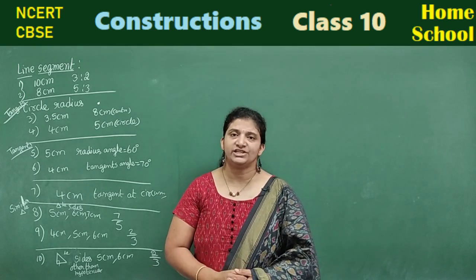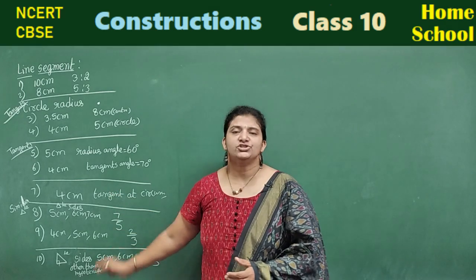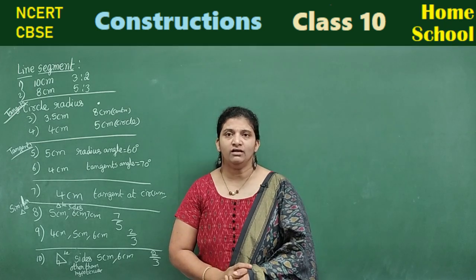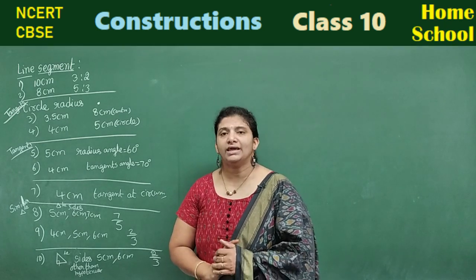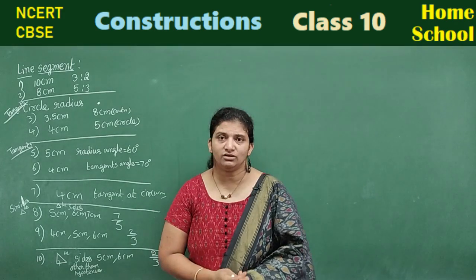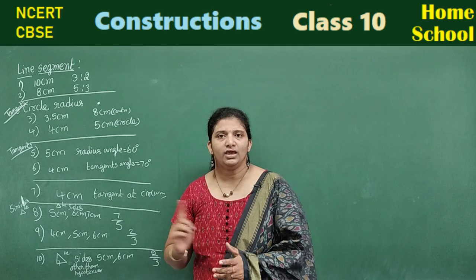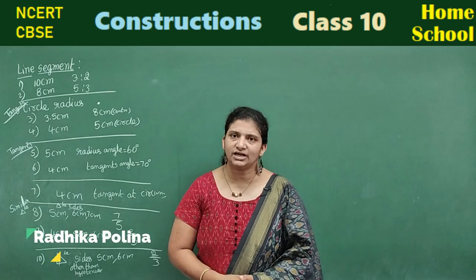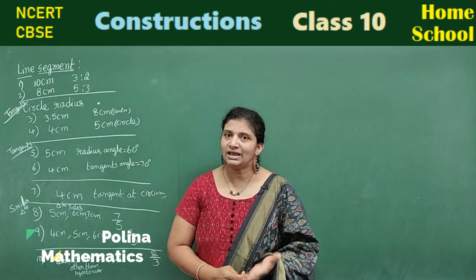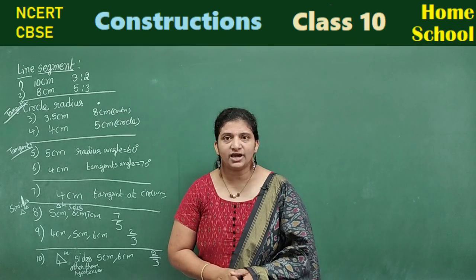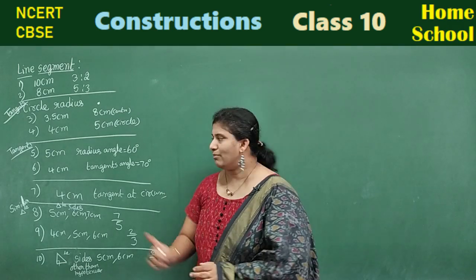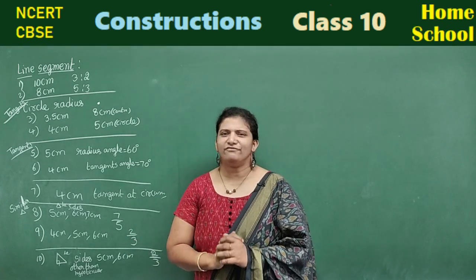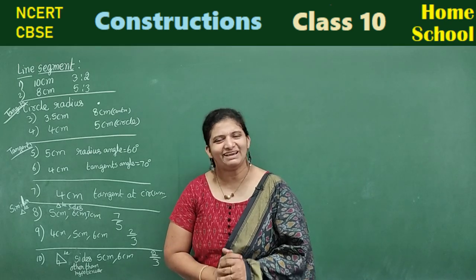Coming to the 4 marks question, you can see here, a triangle's 3 sides will be given. You need to draw a similar triangle of a given ratio. Either the ratio may be a proper fraction or an improper fraction. Among those two, one they may ask, or they may give you a right angled triangle. Sides will be given other than the hypotenuse. You need to draw the corresponding triangle to the given ratio. Among these two, one will be for the 4 marks question. So these 10 problems are very important to score full marks in constructions.